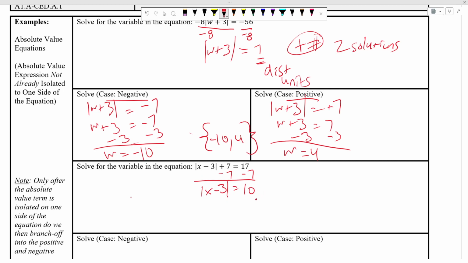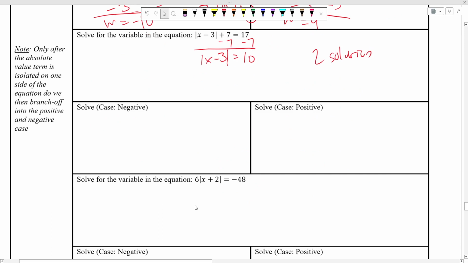Now it is in a form that is workable for us to branch off into directional cases. Again, we're going to have two solutions because it equals a positive number here. So 10 distance units away. Let's consider 10 distance units away from the negative direction. Let's consider 10 distance units away from the positive direction. So when we make those considerations,